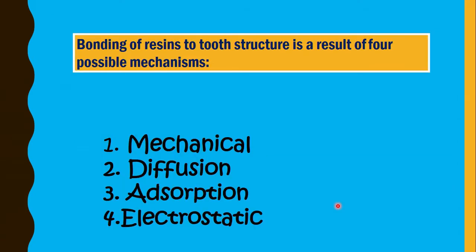Alright, so the bonding of resin to tooth structure is a result of four possible mechanisms. First is the mechanical, diffusion, adsorption and the electrostatic adhesion. In mechanical, we have the interlocking of the adhesive with the irregularities on the surface of the substrate or the adherent. Alright, and in adsorption adhesion, we have the chemical bonding developed between the adhesive and the adherent, and in diffusion,